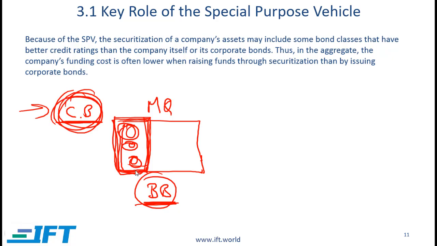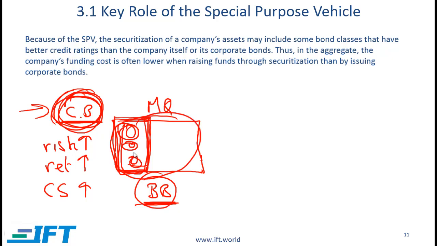For these various reasons, the riskiness perceived by the bond investors would be relatively high. Since the perceived riskiness and the credit risk is high, the return that investors will demand will also be high. In other words, the credit spread is going to be high. Therefore, the cost of funding for Mediquip is going to be high.